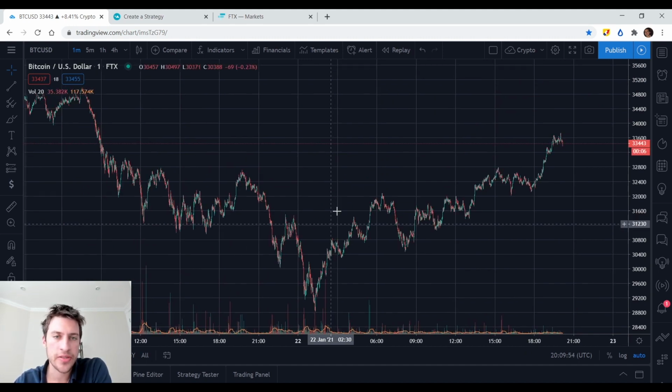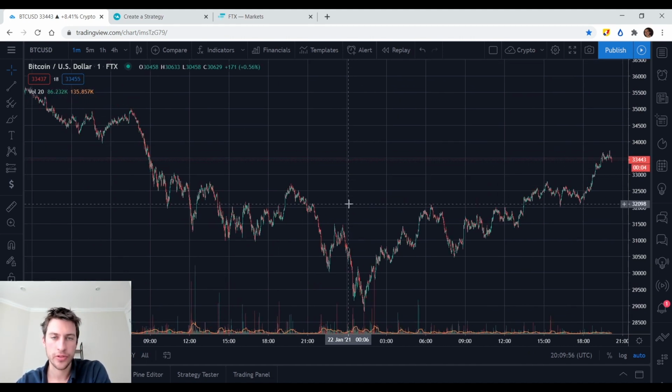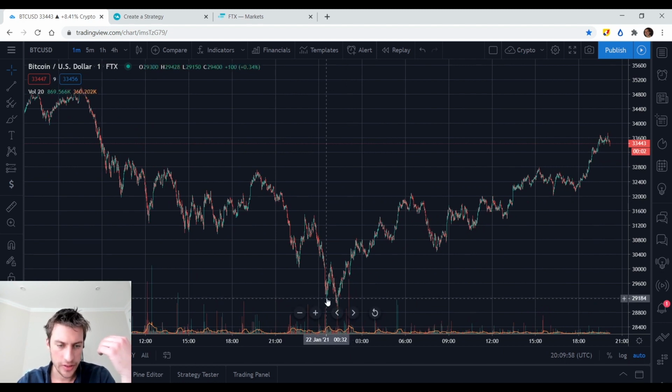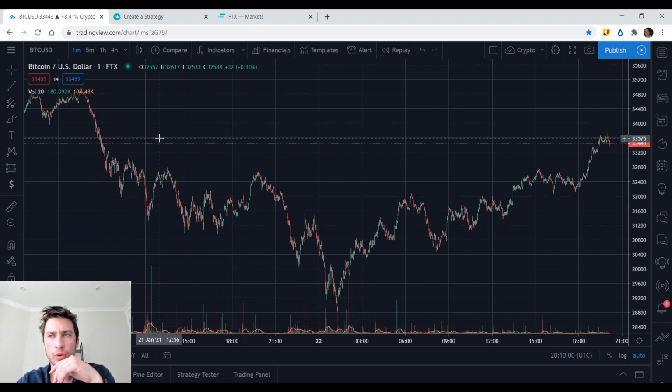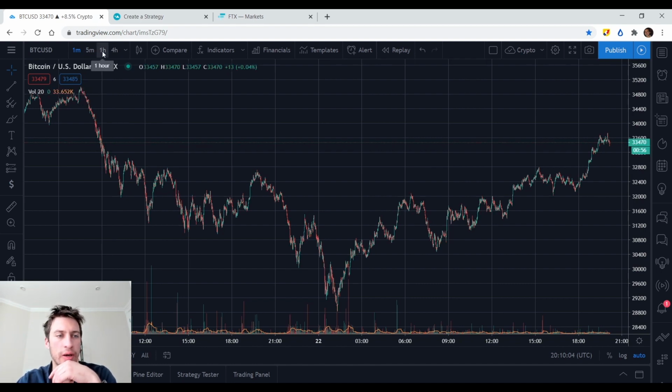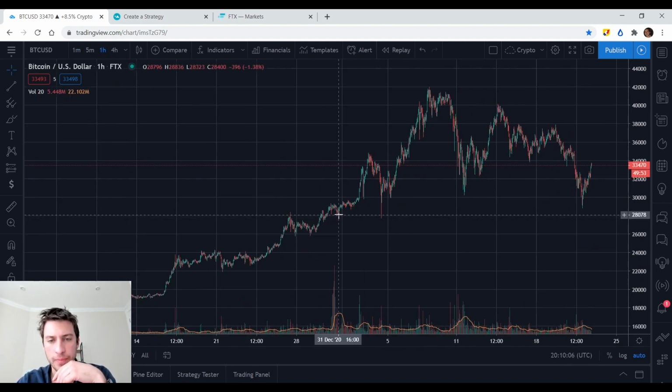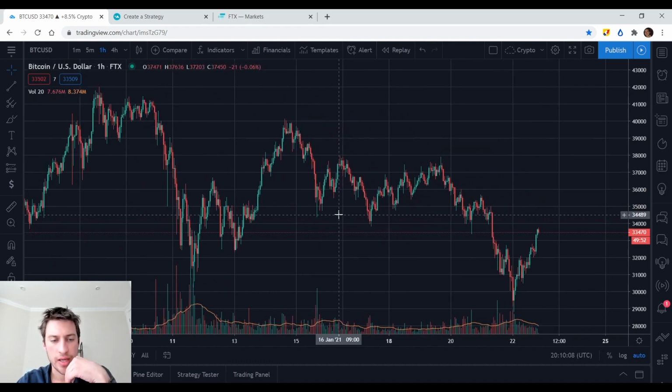I think that the best time to buy is typically when a lot of people just rush to panic sell, such as down here. And if you want a strategy that's more medium term for accumulating any specific coin, perhaps you could use the 1 hour. And if you use the 1 hour time frame and you only buy, let's say, when there's